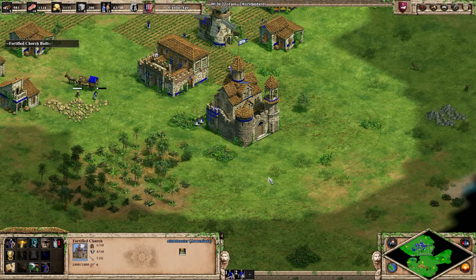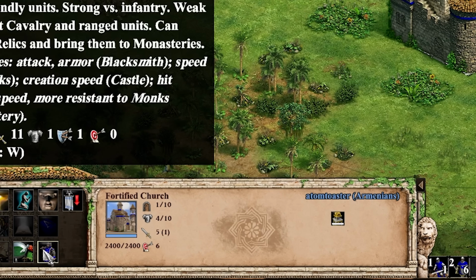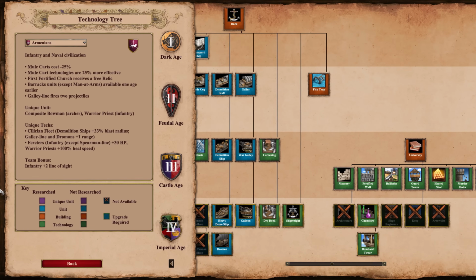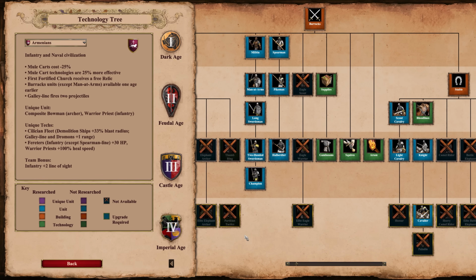Another thing about the Fortified Church is that the first Fortified Church provides a free relic. So lots of reasons to make a monastery, lots of reasons to make these priests or these monks. Expect the Wololo. Moving to the more traditional tech tree for the Armenians, the barracks units except men-at-arms are available